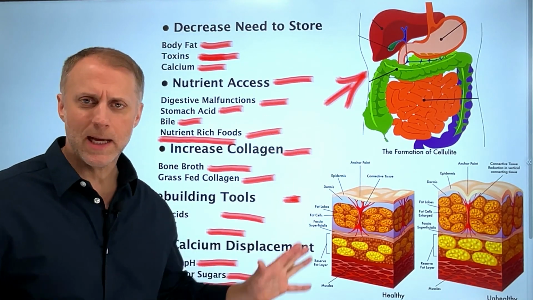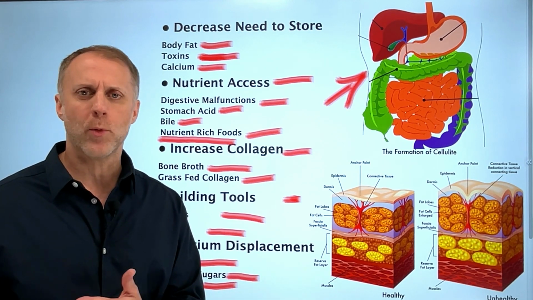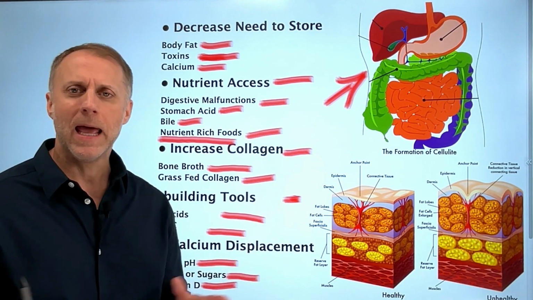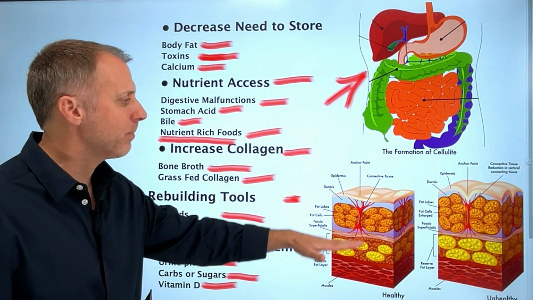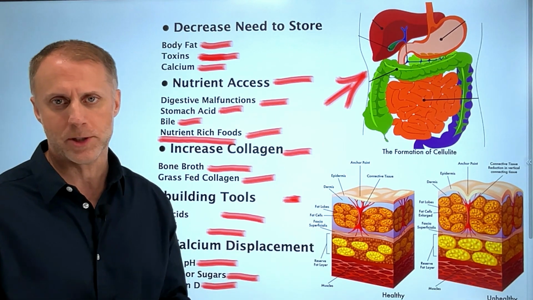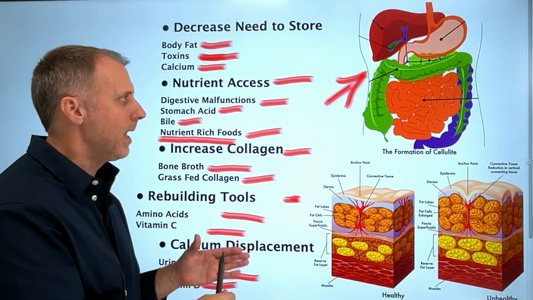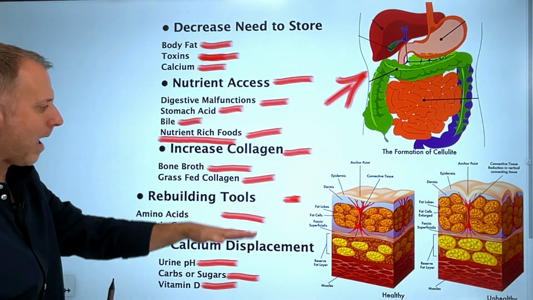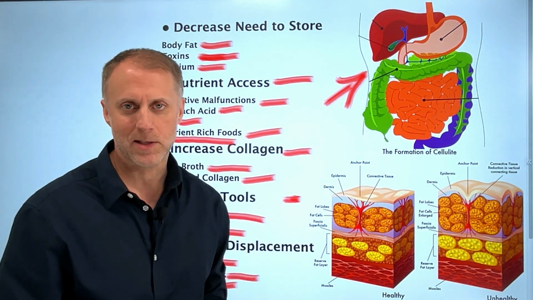So when you understand these things, you start to make sense of, oh, that's why that cream did nothing. That cream was $49.95 and it did nothing. And how can you have a remedy that's going to fix cellulite when the cause can be different for each person? So you really have to look at your physiology and understand what's going on and correct the problems that will allow these things to happen so that you can get this smooth skin and fix the dimple actions.